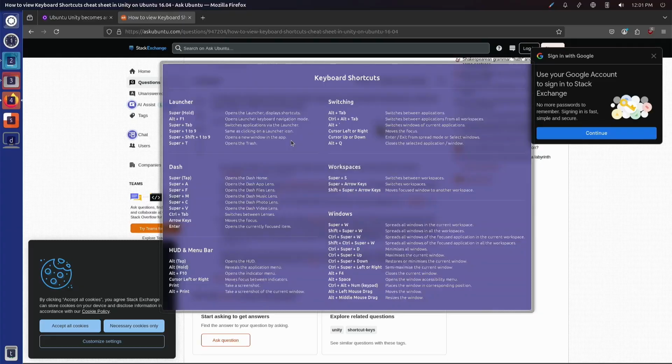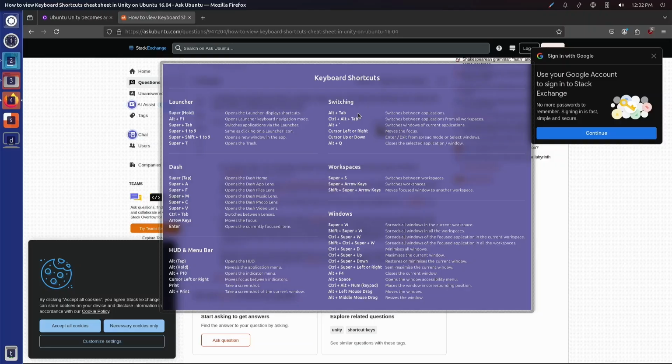Okay. All right. So you can Alt Tab to switch between applications. Control Alt Tab to switch between applications from all workspaces. Alt plus, I think that's that character below the squiggly, the squiggly being the tilde. Sorry.